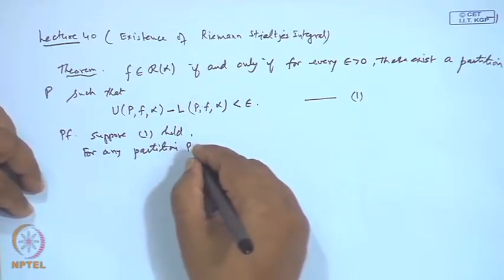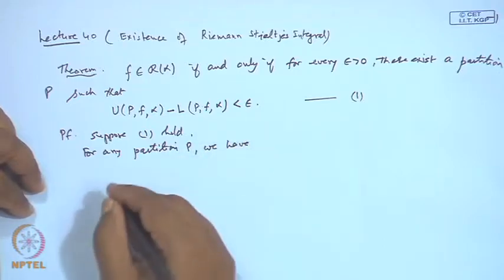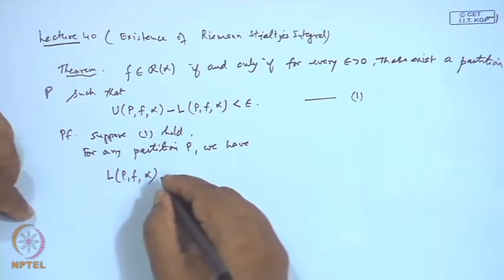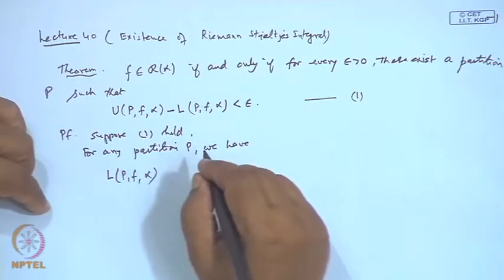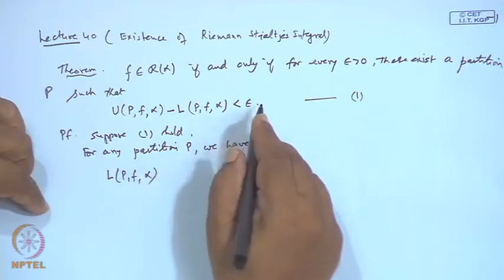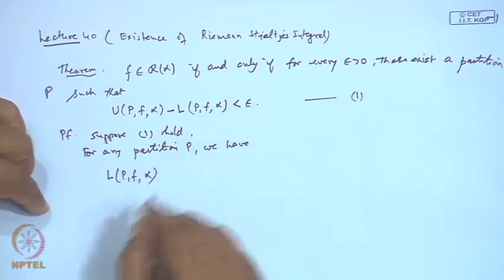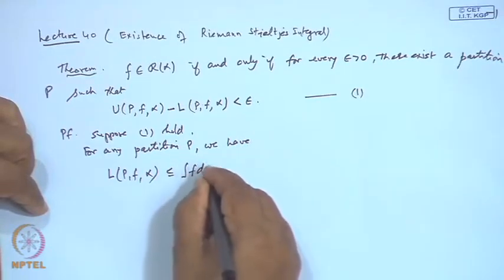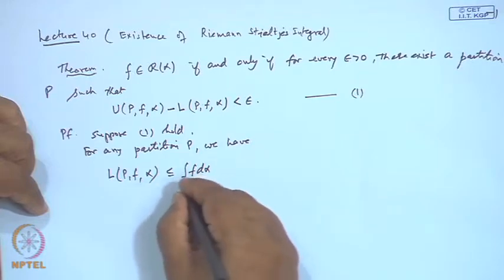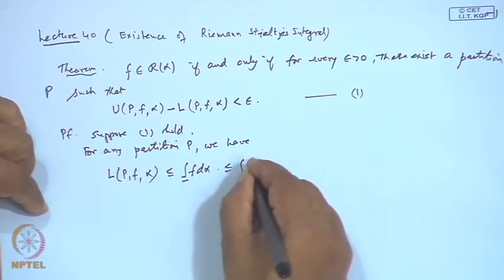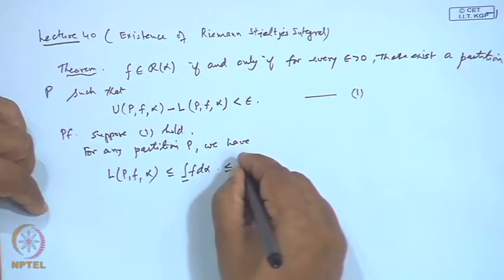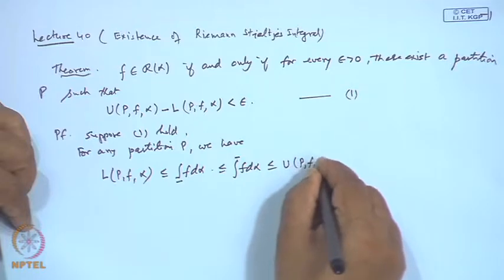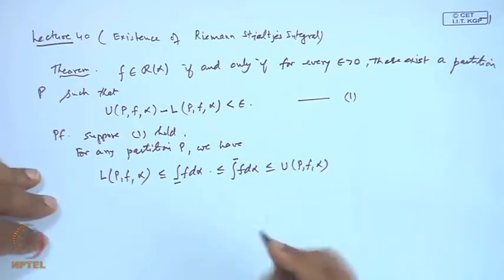we have the lower sum of the function f with respect to alpha, where alpha is a monotonic function defined over the interval [a, b]. Okay. So, this is less than or equal to the lower integral of the function f, which is less than or equal to the upper Riemann-Stieltjes integral of the function f, which is less than or equal to the upper sum of the function f with respect to alpha. This we have already